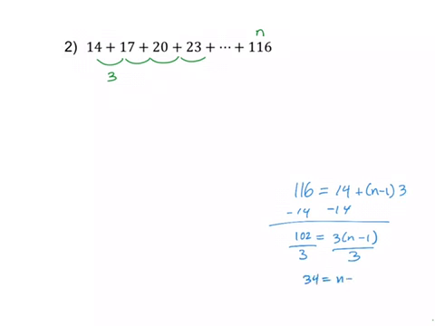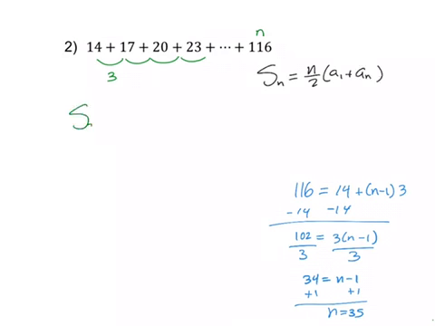34 equals n minus 1, plus 1 on both sides. So n equals 35. Again, the formula for the sum of an arithmetic series is n over 2 times a sub 1 plus a sub n. So this is s sub 35, right? We already found that that's n on this one down here,